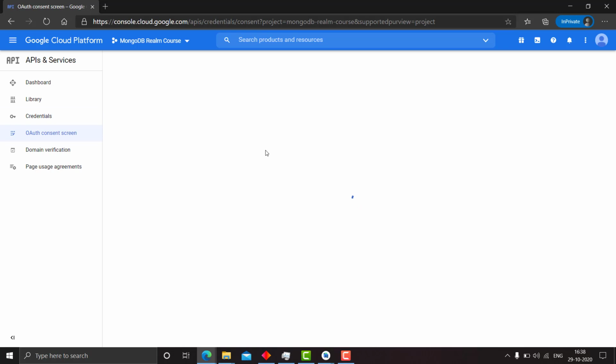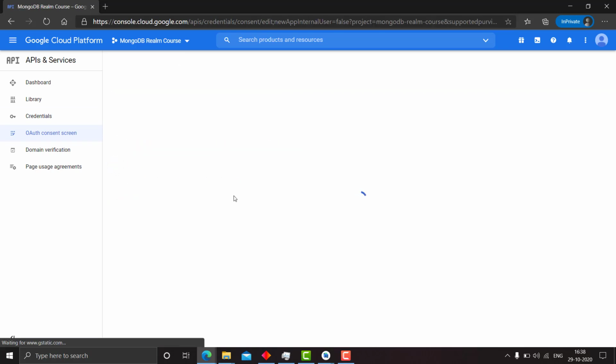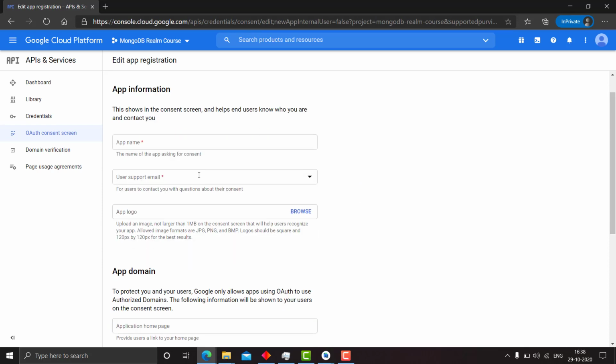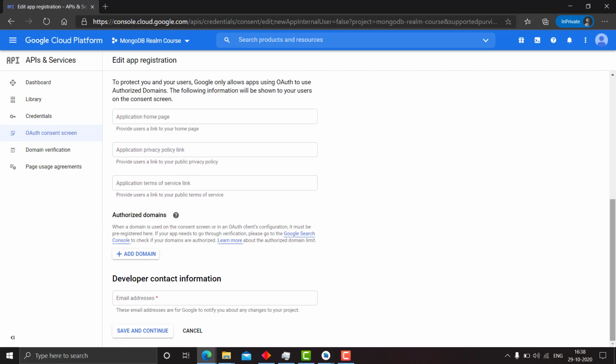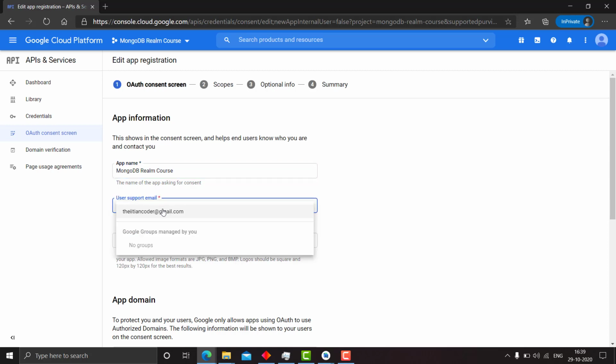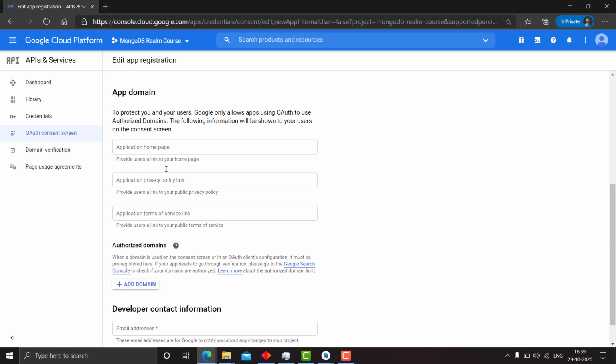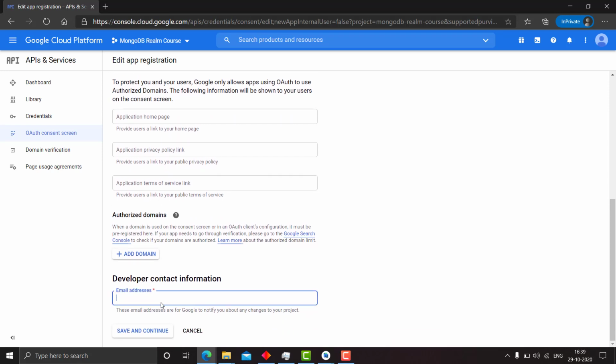We will not keep it much customized. We'll just use external and create. There is some information you need to provide now. Provide an app name, MongoDB course, and a user support email. The app logo is not mandatory.